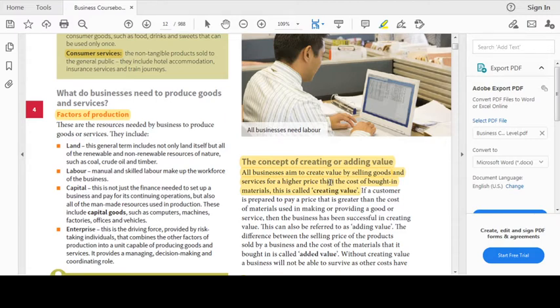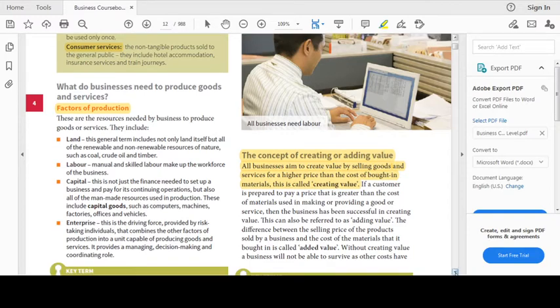You get a simple resource, a basic raw material, and then put in your efforts, your ideas, take a risk, and that's how you'll be creating value. Whenever you have added value by putting in your efforts and ideas, the price for that thing, as compared to the price for which you bought it, has increased. Okay, so we'll see one example.